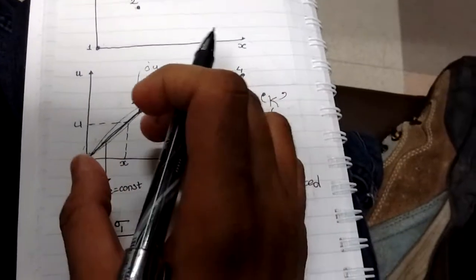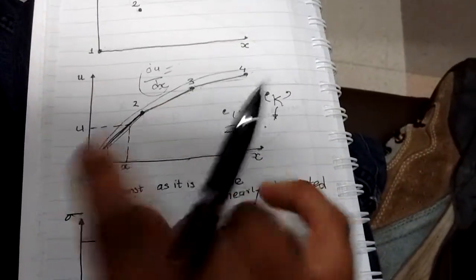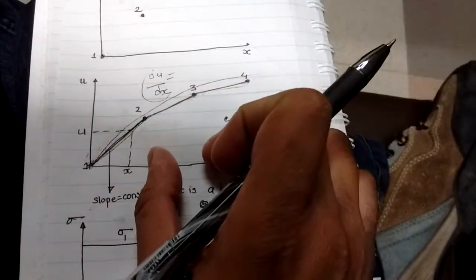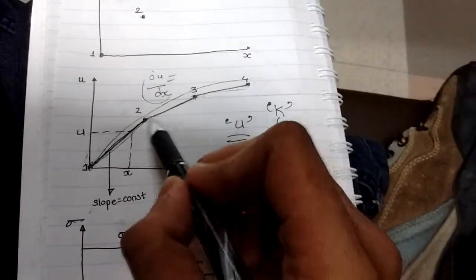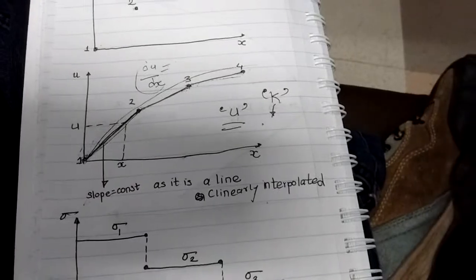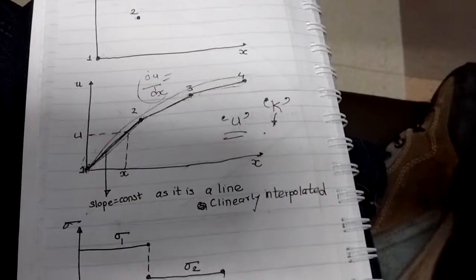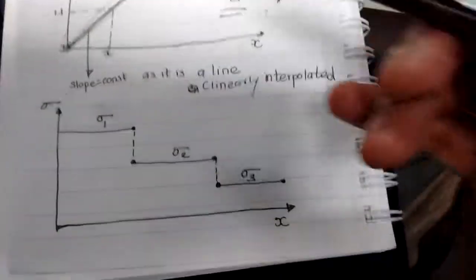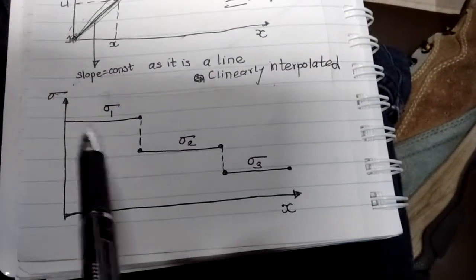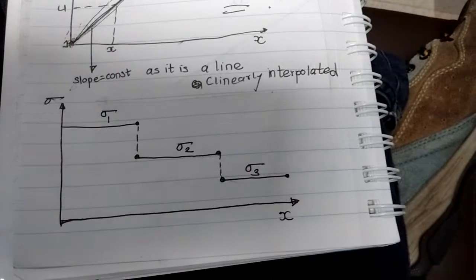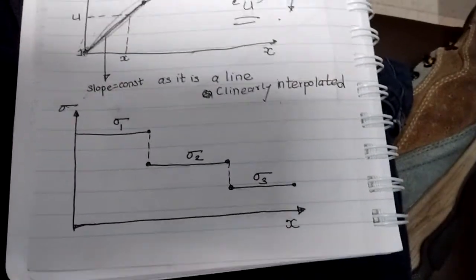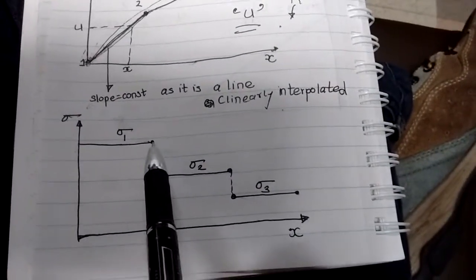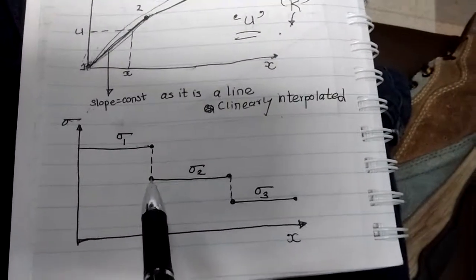So basically there will be 3 stress values in the entire bar: the first stress value, second stress value and the third stress value. As du by dx will be constant along this line, the slope won't vary along the line, and hence the stress won't vary along the line. Hence for the stress versus length graph, for the bar using FEM, what you will be finding is somewhat like that.